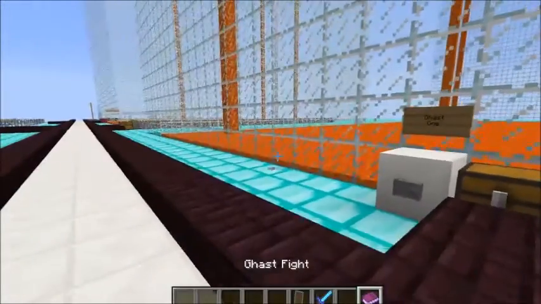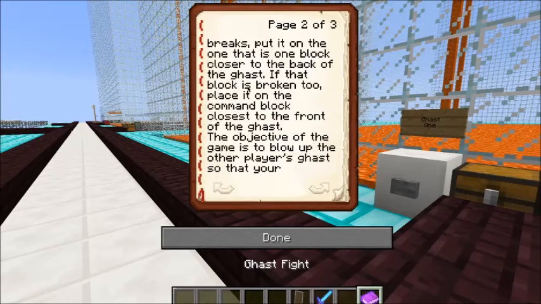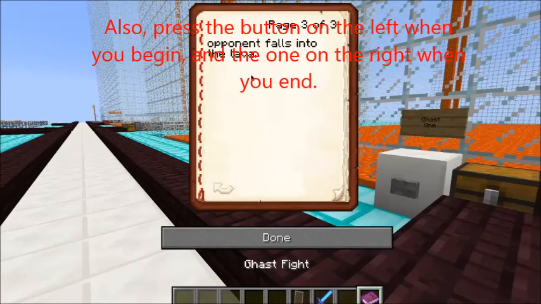ghast fight. Pick a ghast and teleport to it. Summon fireballs by clicking the button on the ceiling of the ghast. Shoot the fireballs by punching them in the direction you want them to move. If your button breaks, replace it. If the block it's on breaks, put it on the one that is one block closer to the back of the ghast. If that block is broken too, place it on the command block closest to the front of the ghast. The objective of the game is to blow up the other player's ghast so that your opponent falls into